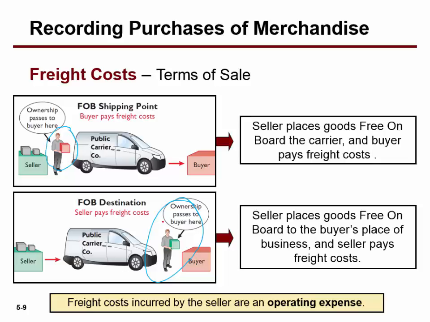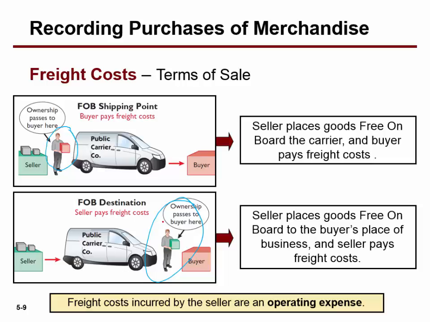And so December 31st, what happens? The seller keeps those items in their ending inventory. They don't take a sale. They don't take the cost of goods sold for that because we haven't taken receipt of those yet until that next year in January in this example. The buyer will not recognize the purchase of those items, so they don't include them in their inventory. And more importantly to them, they don't have to take the accounts payable for that, because they have not taken receipt of those items yet. That's free onboard destination.